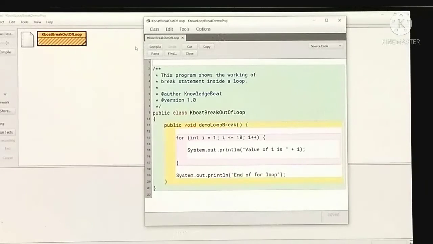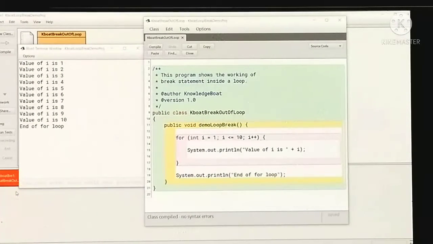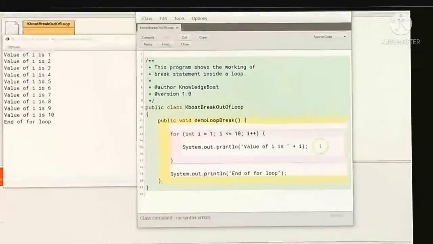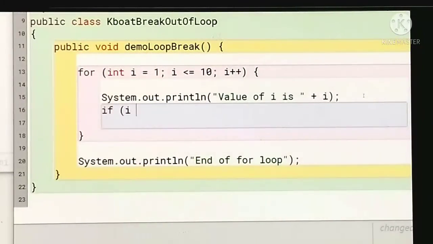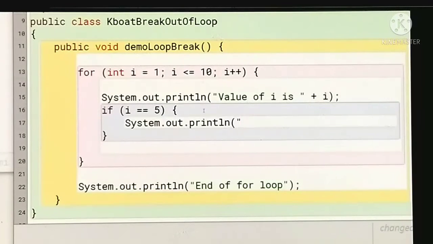In this example, under the for loop, int i is equal to 1, i less than or equal to 10, then i++. We are going to just print i here, but if I want to jump out of the loop, suppose I write if i is equal to 5. What does it mean?